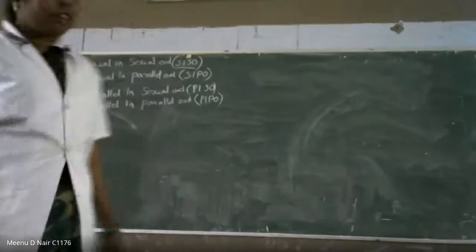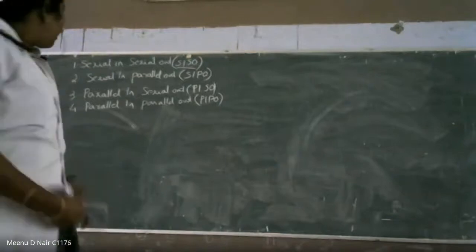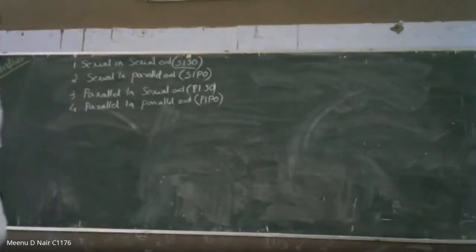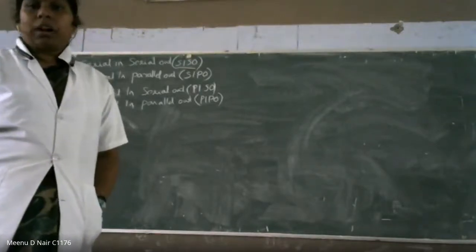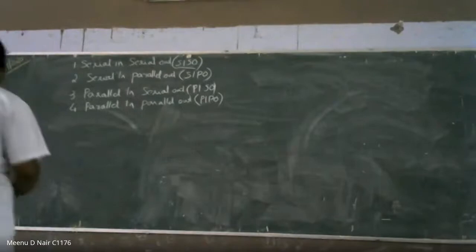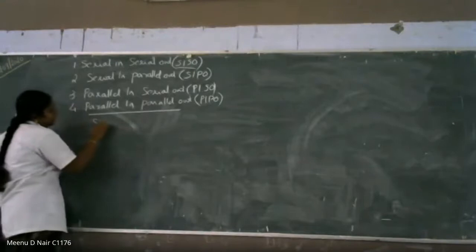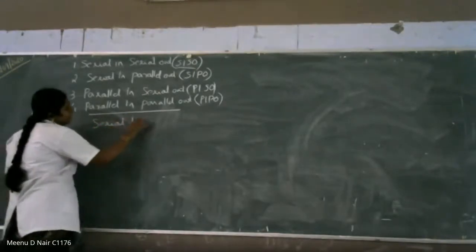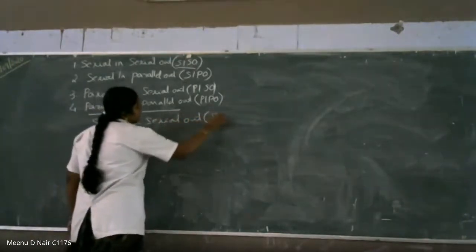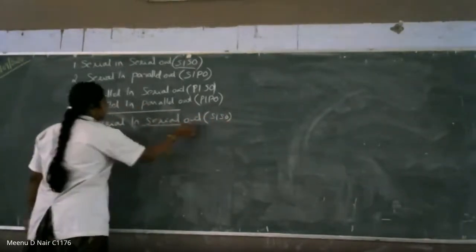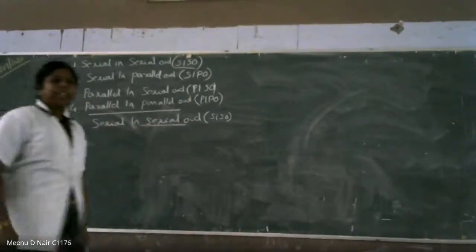I think you can study those by yourself. These are the main or major things in the shift registers. Other things we will also give in the notes, and you have to go through all of them. First, we are seeing serial in, serial out, SISO. In shift registers, we are actually using D flip-flops.